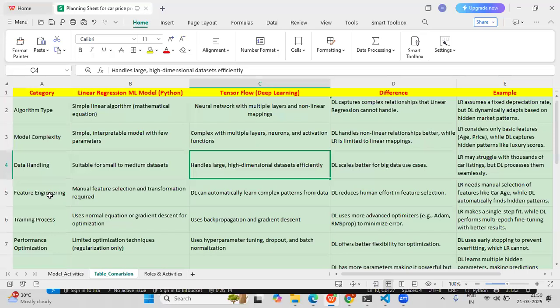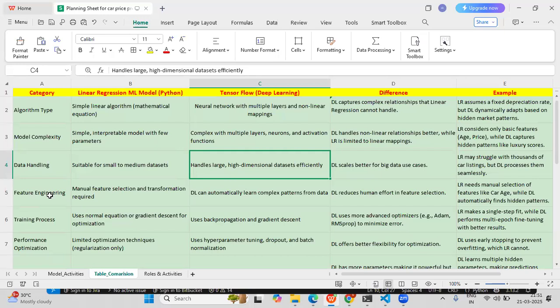Deep learning reduces the human effort in feature selection, while linear regression needs manual selection of features, like car age and engine of the car. Deep learning automatically finds the hidden patterns because it has vast neural network layers.